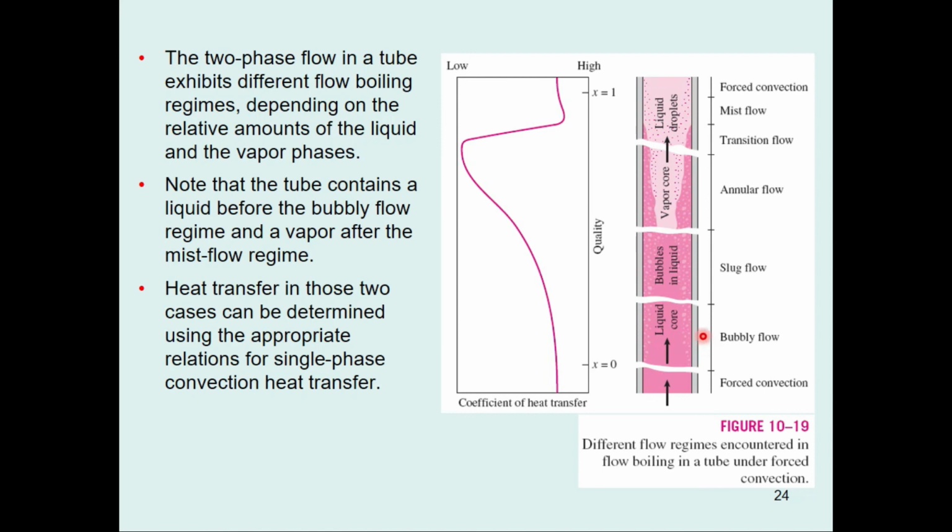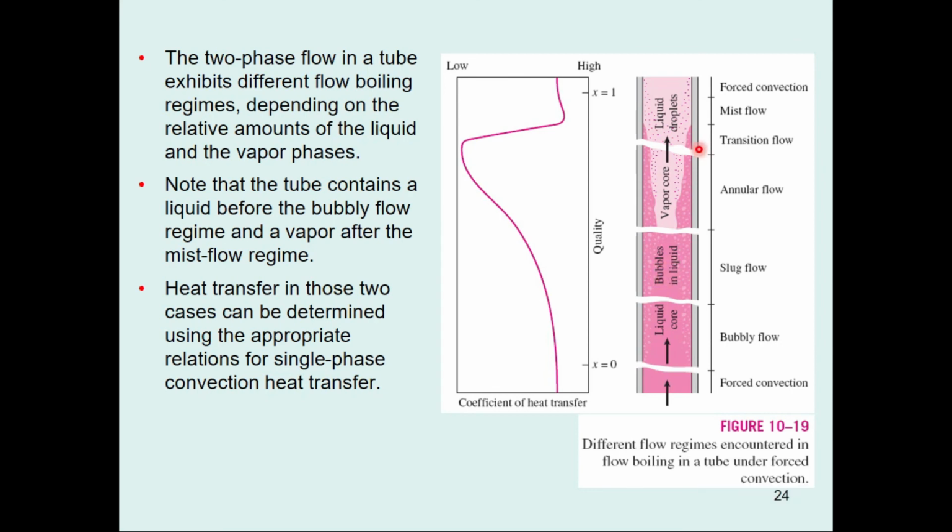As the fluid is heated further, the bubbles grow in size and eventually come in contact with each other, and they get bigger and become slugs of vapor. So up to half of the volume in the tube in this slug flow regime is occupied by the vapor. This third region is known as the slug flow. What happens in this region is that the smaller vapor bubbles come into contact with each other and become bigger in size, and this flow is called the slug flow.